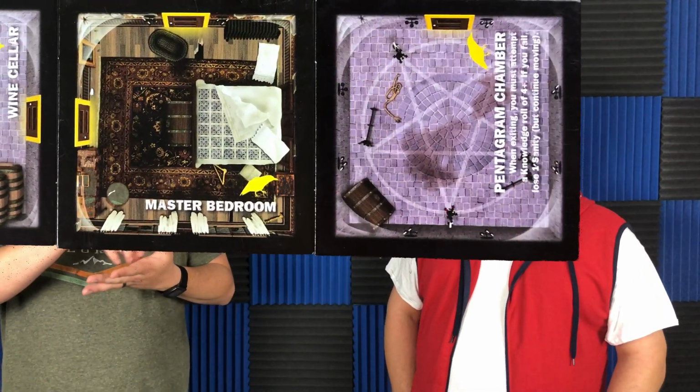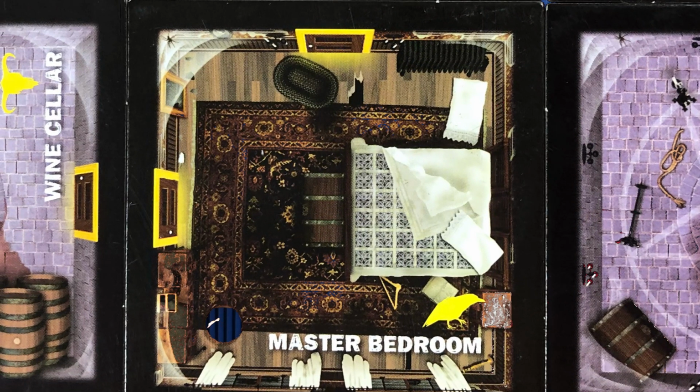I liked the artwork. Well, first, let's start with the rooms. I think the rooms were really well done. There's little bits and pieces kind of hidden in the drawing that explain a little bit of what's going on when you're in that room. The characters...